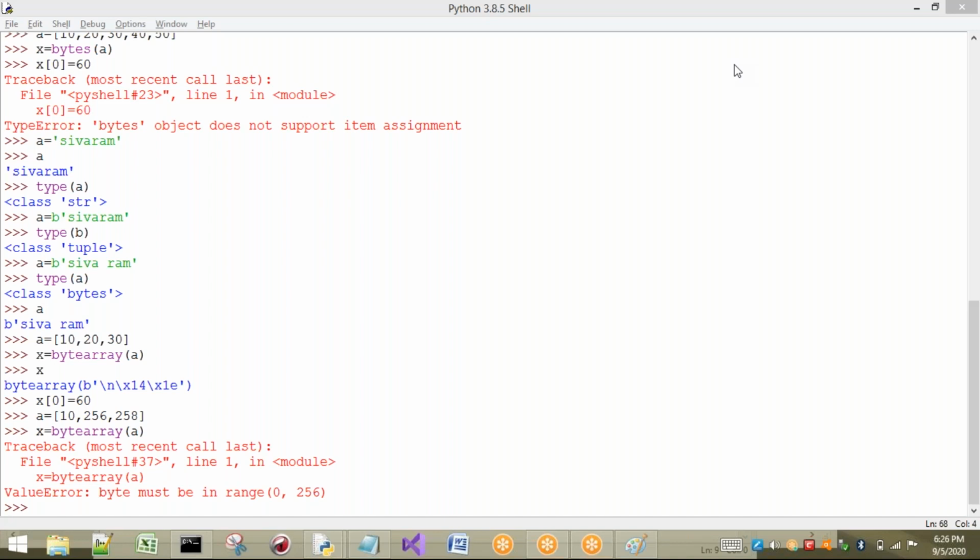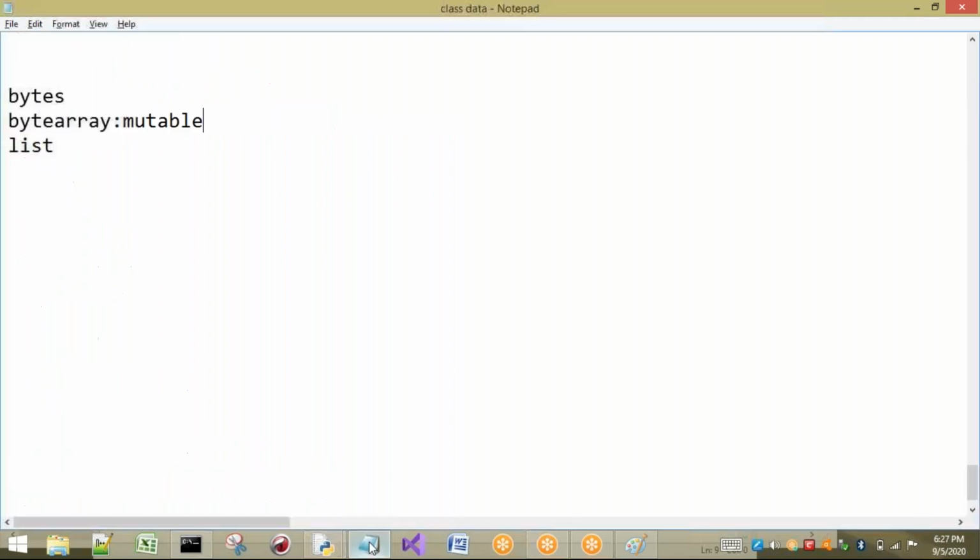Now let us go to the next data type, that is the list data type. This is a very important data type, because in Python the most used data type is the list data type. Here I will discuss it briefly; later we will see every method of the list data type. To insert a group of values, generally we use a list. It represents a group of values where insertion order is preserved. That means whatever order you give, it will insert the values in the same order.